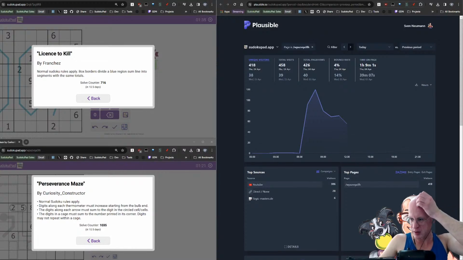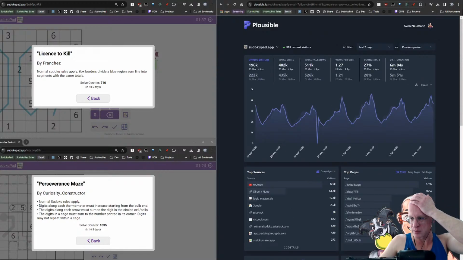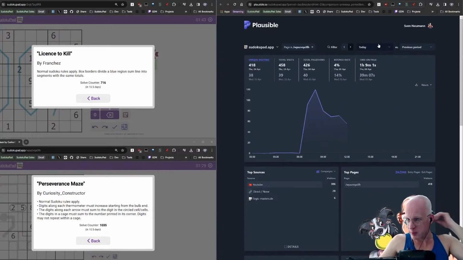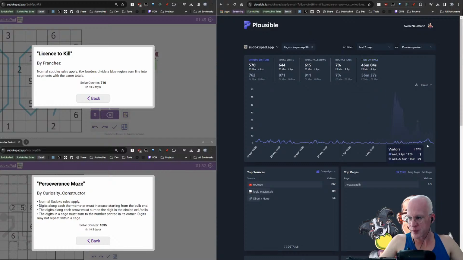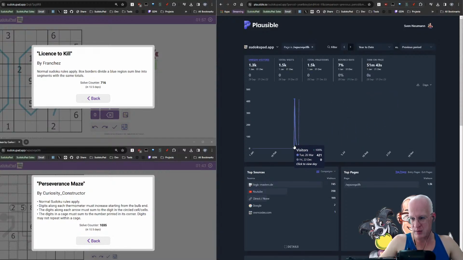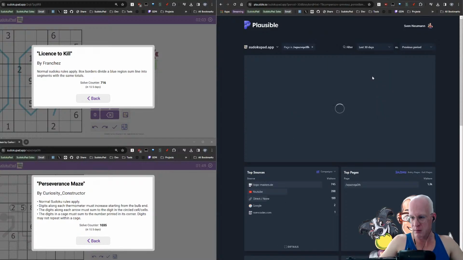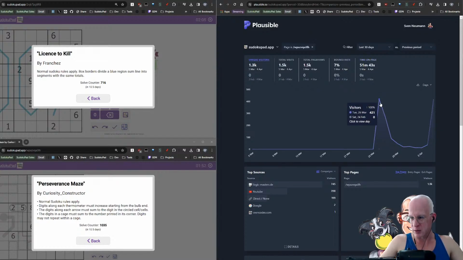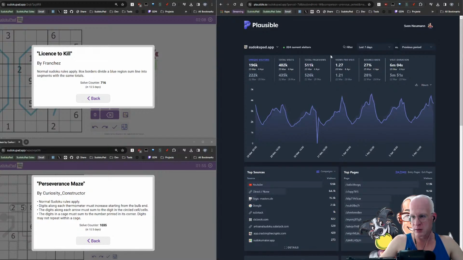Yeah. So if we're looking at this one, and if I compare it to, what am I comparing here? I forgot what I'm comparing. This is a brand new, I was going to say brand new, but it has been solved in the past. So this is potentially a really old one. And it's just sort of, okay. So no, this was here. Okay, so let's see, last 30 days. Yeah, so this was released a while ago, right? And it peaked at 421. And I lost the other one, didn't I? If I go back to today,